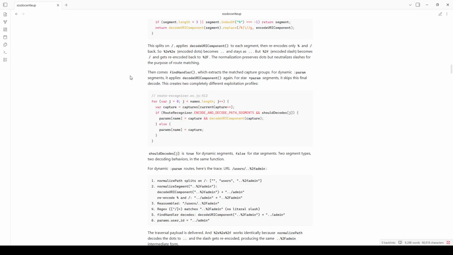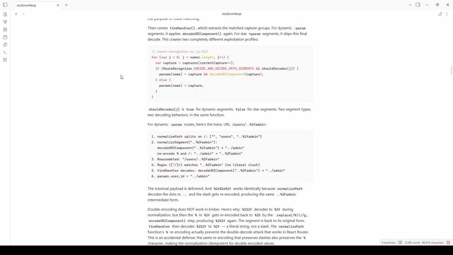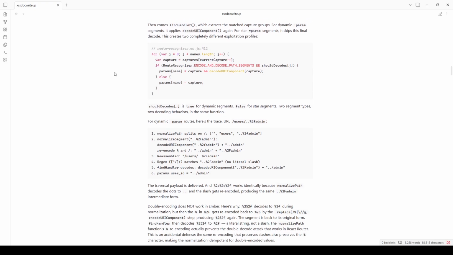Route recognizer. It's a fun name. And so that's like looking at things and knowing about things. I love when the code does that. shouldDecodes is true for dynamic segments, false for star segments: two segment types, two decoding behaviors in the same function. For dynamic param routes, here's the trace,